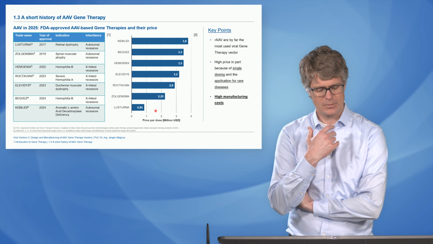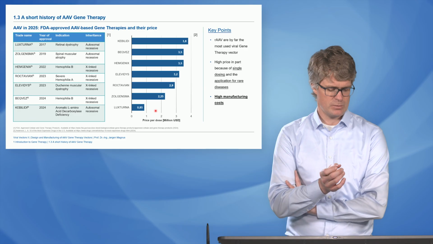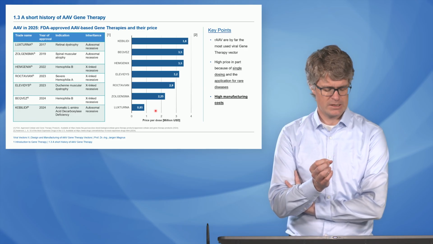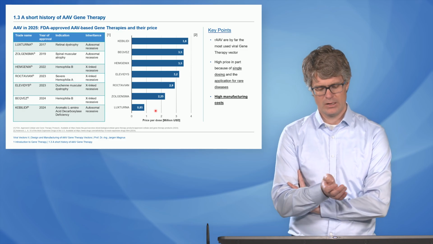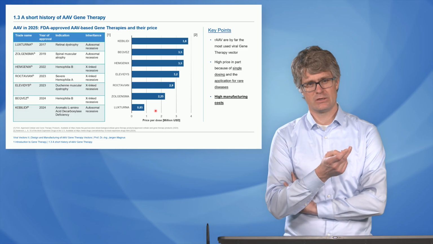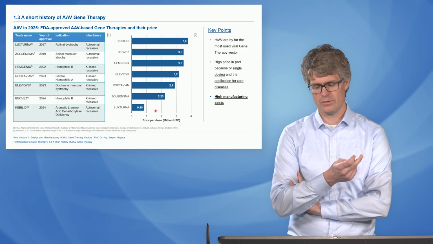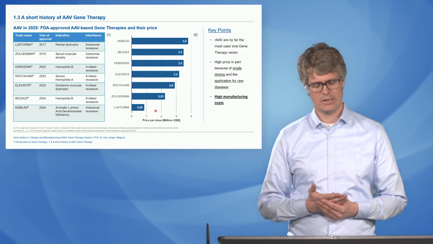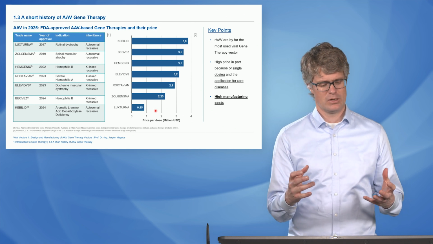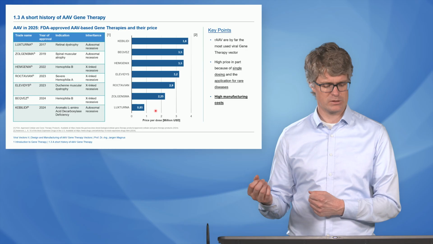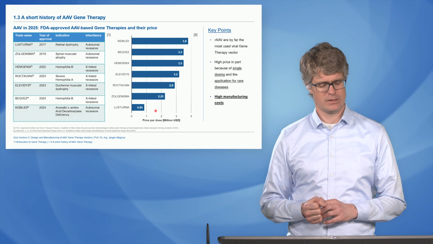The manufacturing costs are at the moment very, very high, but it also depends a little bit on the indication and the type of viral vector that you're using. But I believe that the processing and the production of material for clinical development plays maybe an even higher role, because if you have a robust process and reliable and consistent quality of your product, and you can always produce at a low cost in a reliable way,